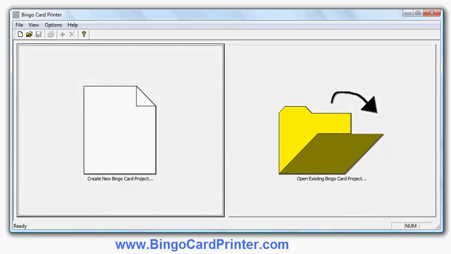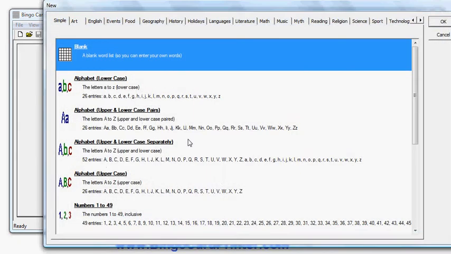In this video, I'm going to show you how to create some music notation bingo cards using software called Bingo Card Printer, which you can download from bingocardprinter.com. This is the initial screen of the program. I click Create New Bingo Card Project, and I have a choice of what kind of bingo card I'd like